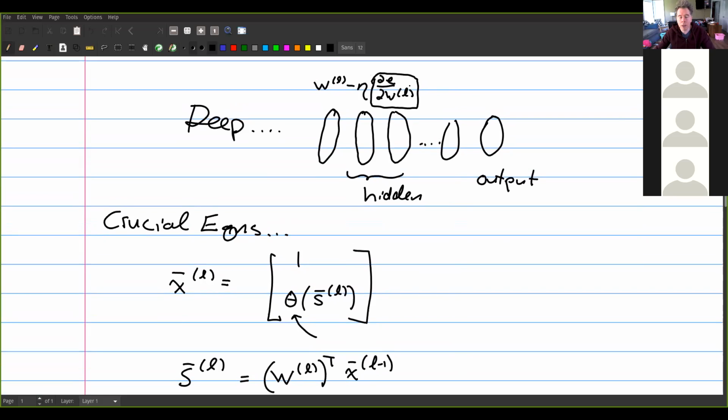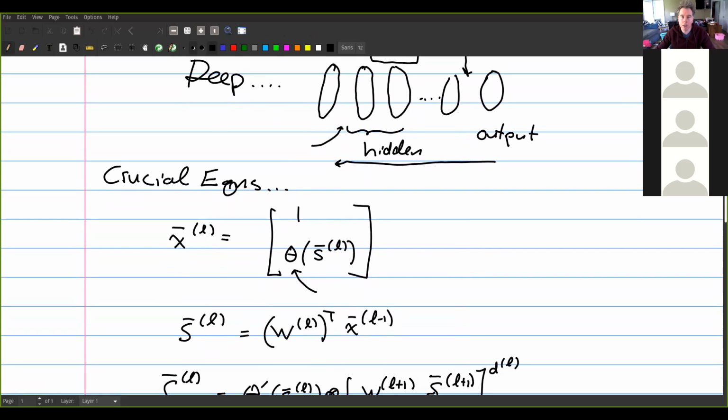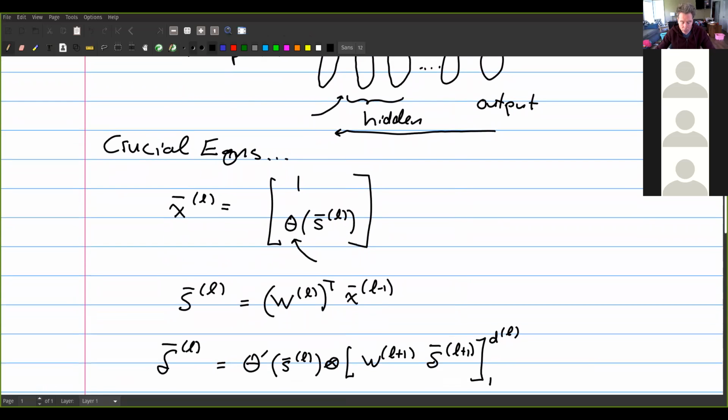It also has a tendency to get smaller and smaller the further you go back. And so it just kind of peters out before it can get to the early layers. And so what happens is that as you do gradient descent, the weights toward the front of the network will train quickly, but the weights toward the back of the neural network will be getting these very weak attenuated signals, and it'll be very hard to train those. So there's some techniques that can help with that. But let's look at the math and see if we can figure out why